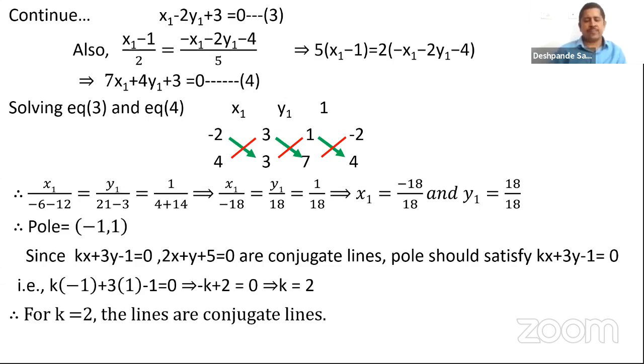I have done this procedure because this has been done in almost all the problems. Instead of remembering the formula r square into (L1 L2 plus M1 M2) is equal to (L1 G plus M1 F minus N1) into (L2 G plus M2 F minus N2), this is the more popular method, or the easier method, to solve. Okay, so we can adopt this method in finding the values of k.